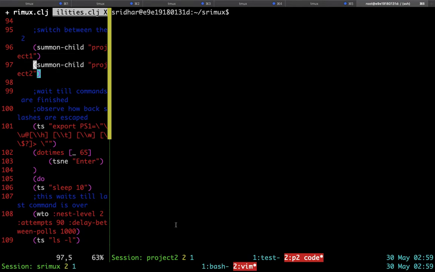So next, I would want to simulate a long running process and see how we could use a function that I have written in the same Srimux namespace called WTO to monitor the pane output on the right and wait till a process finishes before we execute the next command. To do this, we need to configure the prompt in a certain way that the WTO function expects. It will use this as a thing to look for to ascertain whether a process has exited or not.